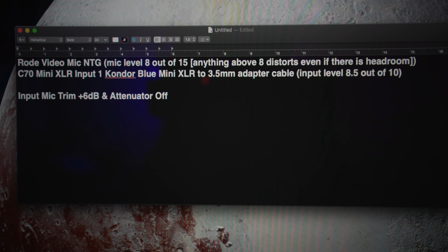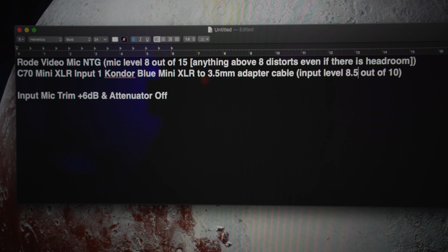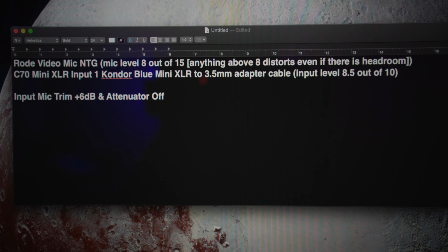This is the same setup as before, but I did turn up the input mic trim to +6 dB so that I could turn down the input level, the gain, to 8.5 out of 10. I believe it sounds just as noisy as before though, if not more noisy. I have turned up the trim